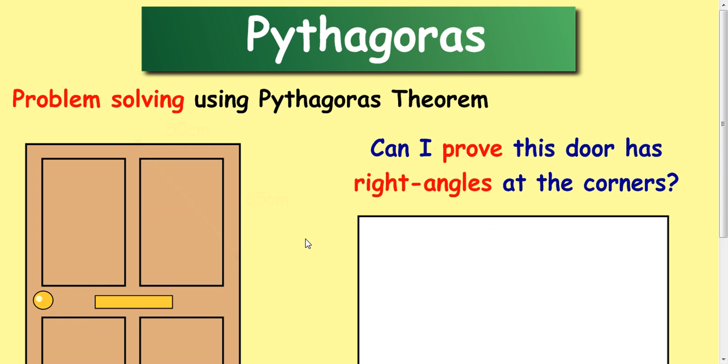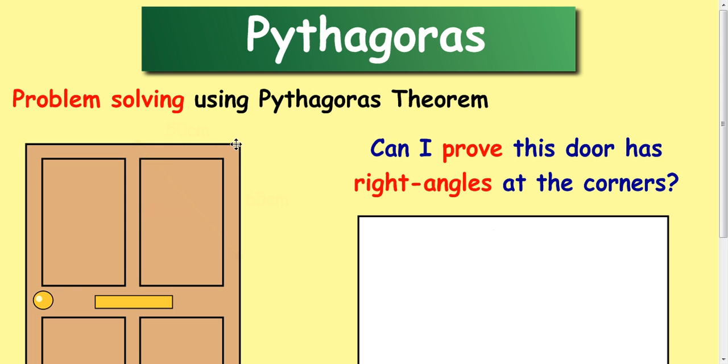In this lesson, we're going to look at Pythagoras in a slightly different way. What we're going to do is use Pythagoras to prove something's a right angle. This is actually called the converse of Pythagoras, but let's show you how this works. So if I wanted to prove this door had a right angle in the corner, something a joiner might want to do,